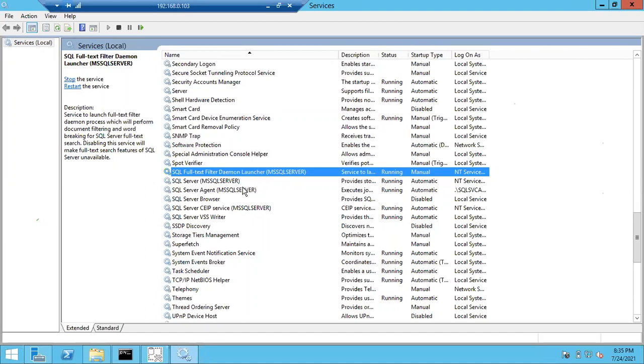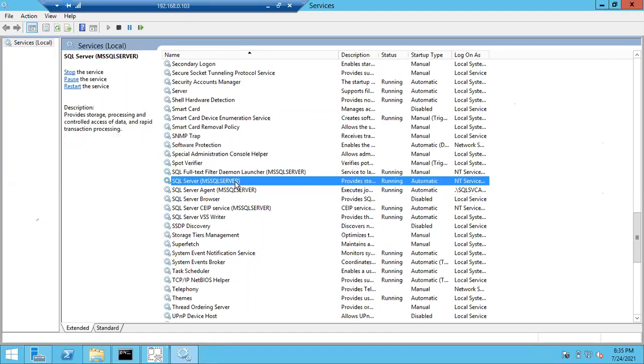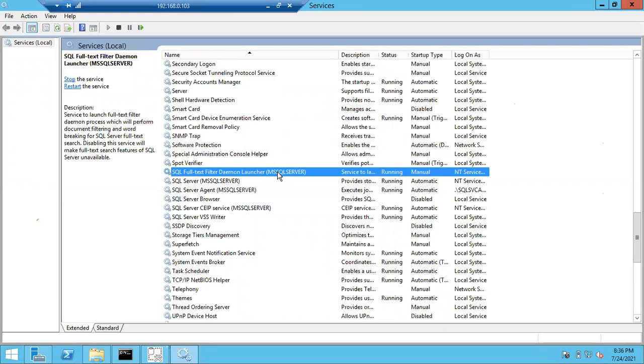So for a default instance, it won't ask for a name. But for the default instance, you can see the service as MS SQL Server. Only in services you can see MS SQL Server, but while connecting, you cannot give MS SQL Server. Don't think MS SQL Server is its name. For a default instance, it will show as MS SQL Server in the brackets. If you see MS SQL Server in the brackets, that means it is a default instance.